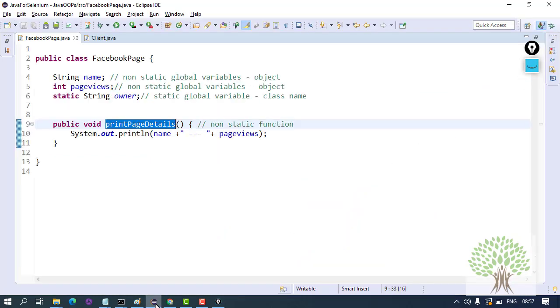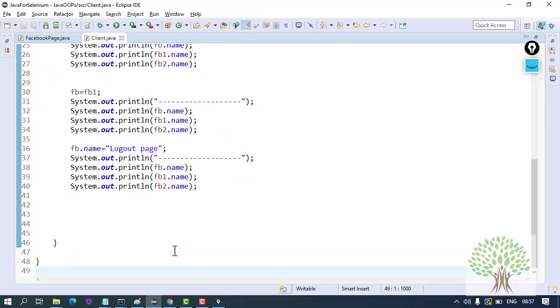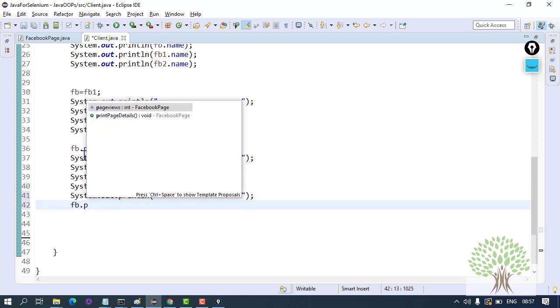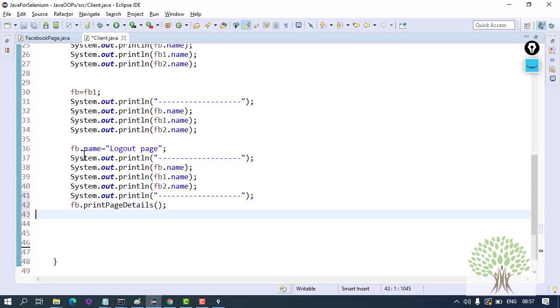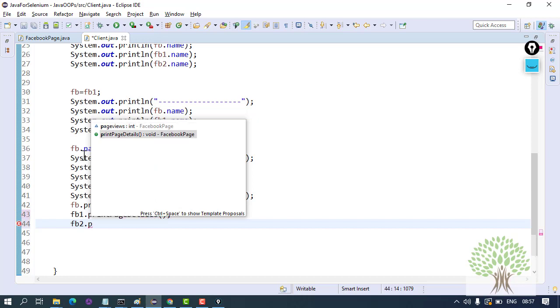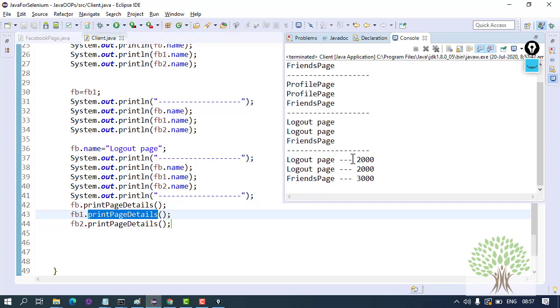So over here in your client.java, you will be having access to print details function. If I write fb dot print details and fb1 dot print details and fb2 dot print details, the function name is same for all the three objects, but when you run it, for FB it is printing for logout page, because obviously for FB and FB1 we had the same object for both the references.